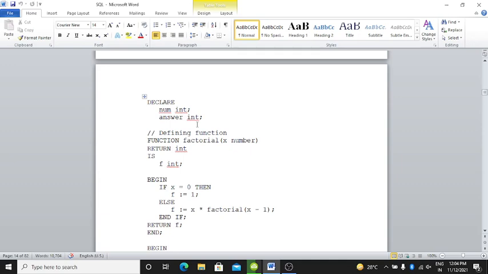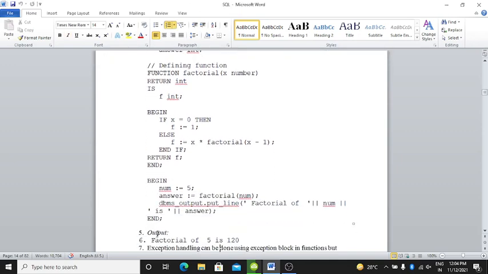Here defining a function factorial(x int), then return int as f int, begin. If x is equal to 0, then f is equal to 1, else f is equal to x into factorial(x minus 1), end if. Return f and end.